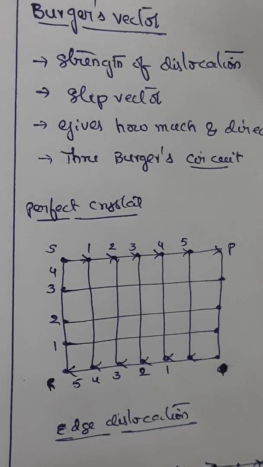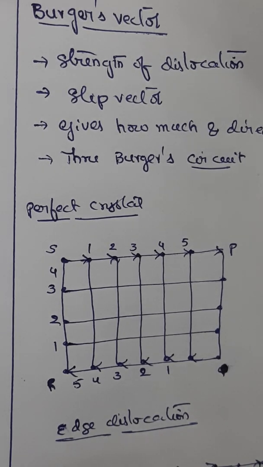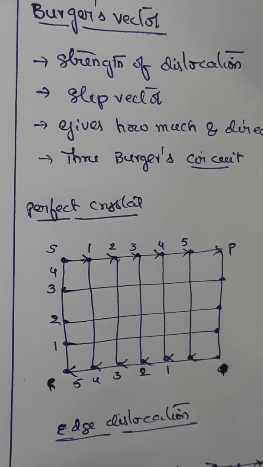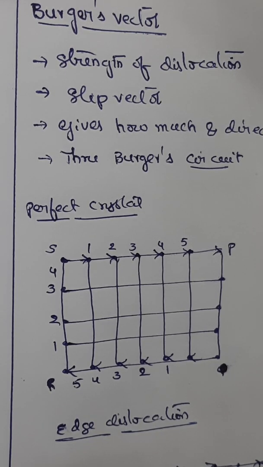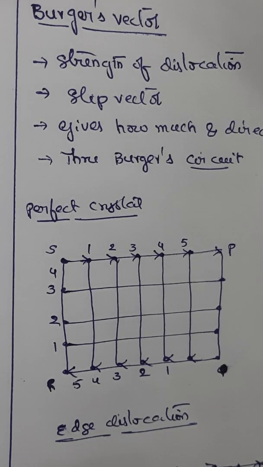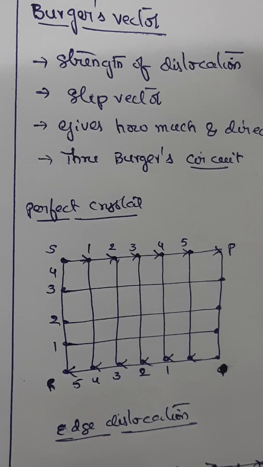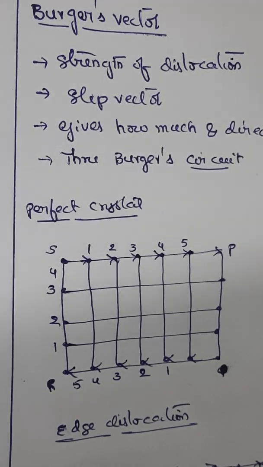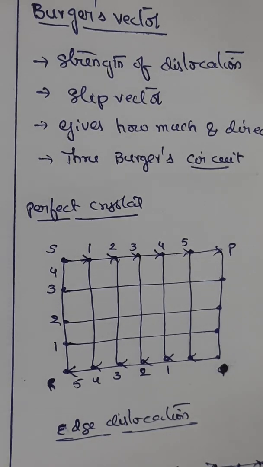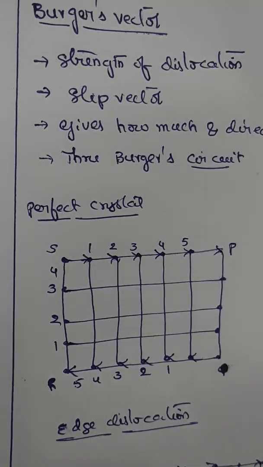In line defects, we looked at edge dislocation and screw dislocation. In edge dislocation, we looked at positive and negative ion edge dislocation. In screw dislocation, we brought in the concept of Burger vector and Burger circuit. With the help of Burger vector, we looked at defect identification in both edge dislocation and screw dislocation. This is what we have discussed now. With this, we have formally concluded the concept of crystallography.